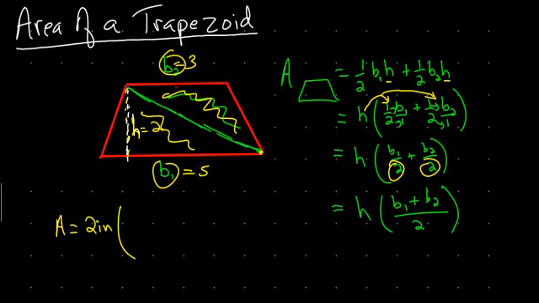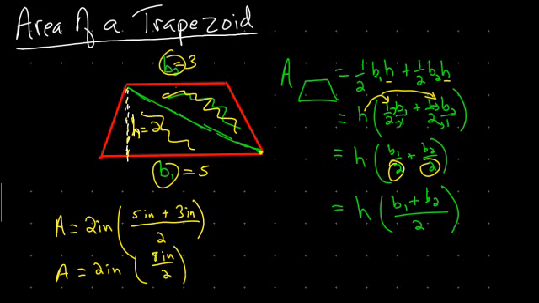And b1 is 5 inches, plus b2 is 3 inches, divided by 2. Alright, so we get the area equals 2 inches times, and note 5 inches plus 3 inches, we're not multiplying there, so it's not square inches yet. That's just 5 inches plus 3 inches gives me 8 inches. 8 inches divided by 2. And this is going to give me,